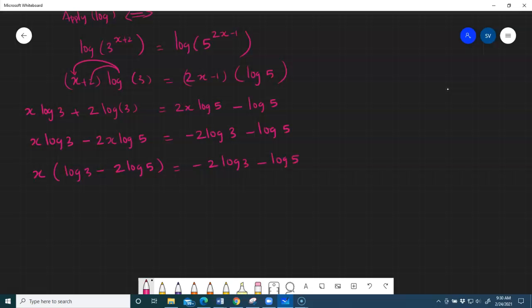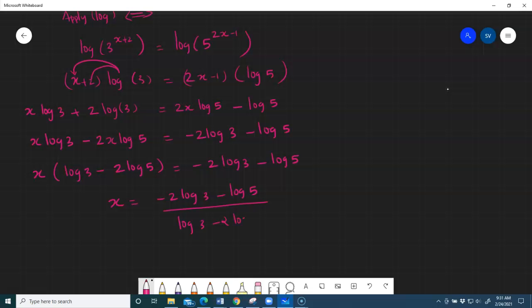So that is the step before your answer. What is our objective? Isolate x. So we don't need this section of the equation. To isolate it or eliminate this section, divide on both sides with the same term. So the term will be x is equal to minus 2 log 3 minus log 5 divided by log 3